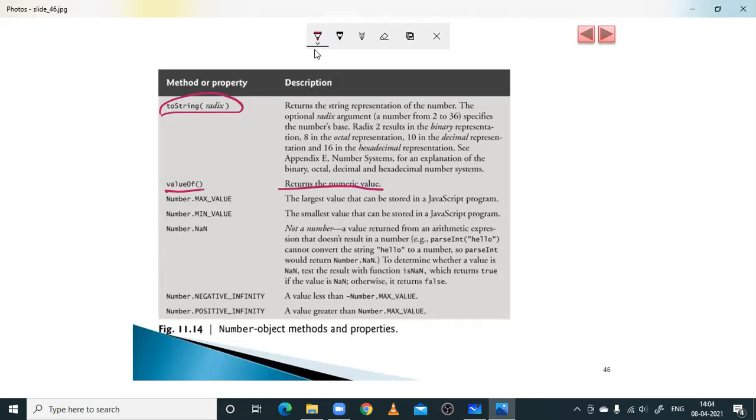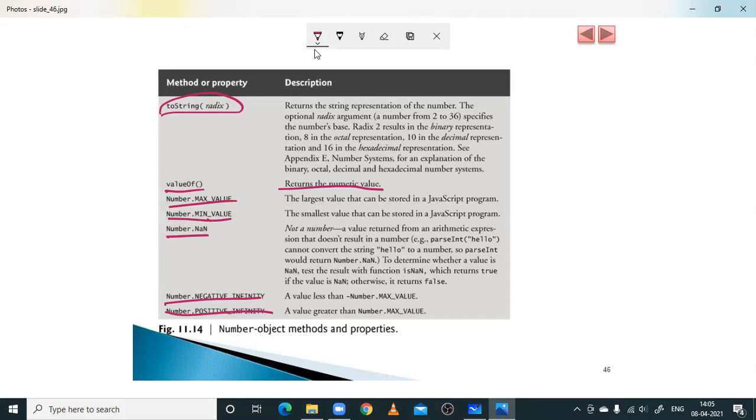If we want to find the maximum or largest value, MAX_VALUE will be used. If you want to know the minimum value, then Number.MIN_VALUE will be used. If you want to set a value that is not a number, a value returned from a mathematical expression that does not result in any number, that is NaN. So if you are not returning any kind of number, then it will be not a number. Then negative infinity and positive infinity.